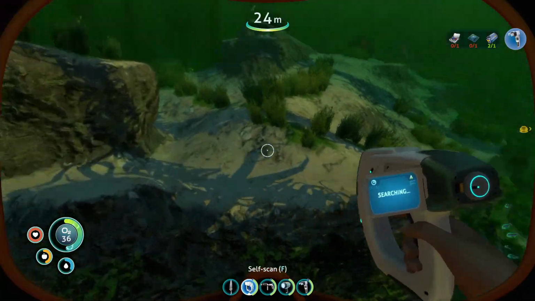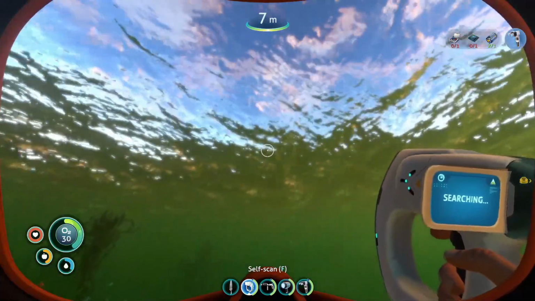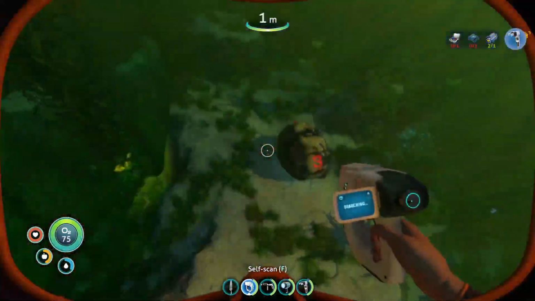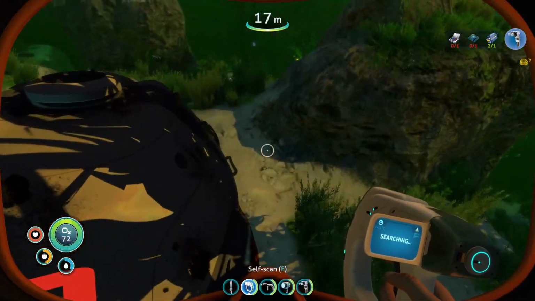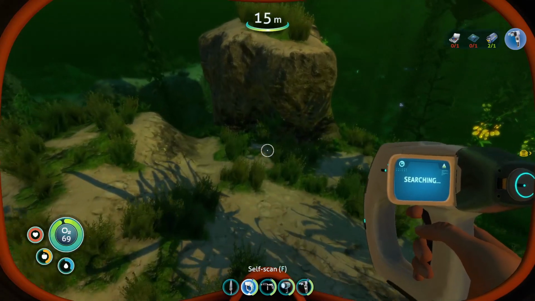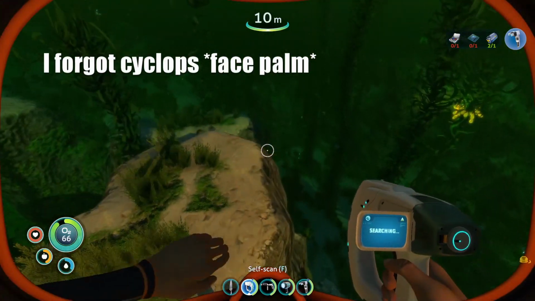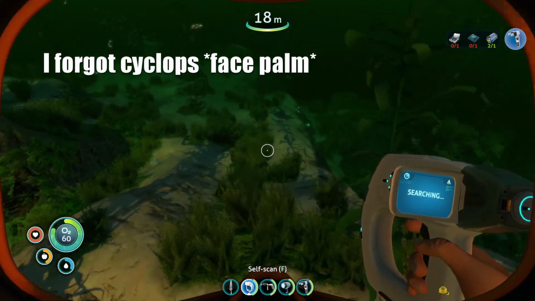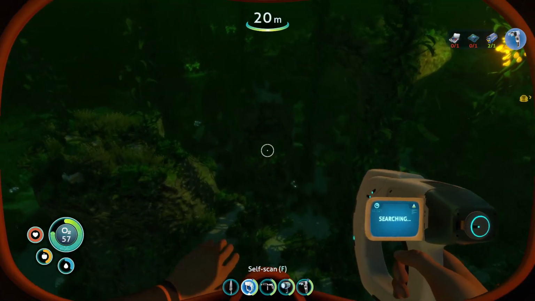So we can go back and build the mobile vehicle bay now. That allows us to build all the vehicles in the game, which is the Seamoth, the Prawn, and later the rocket as well. But that is much, much later. We've got a lot to do in between now and then. We'll slowly head back to...